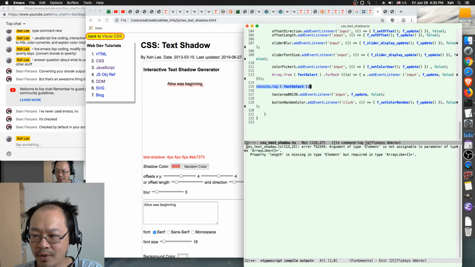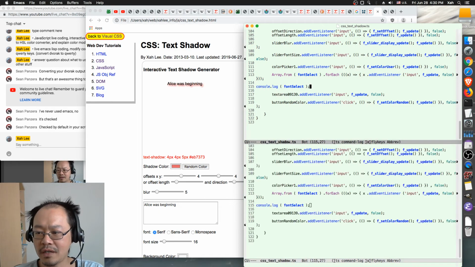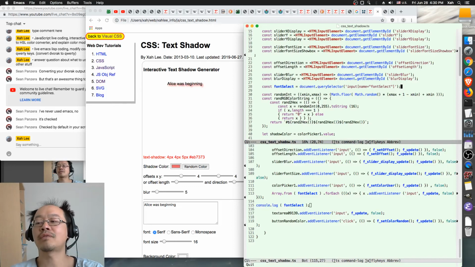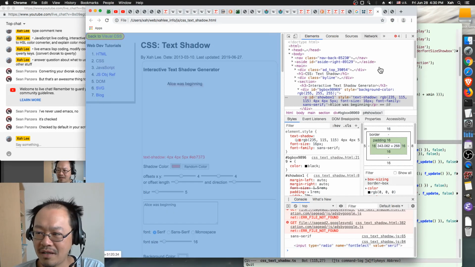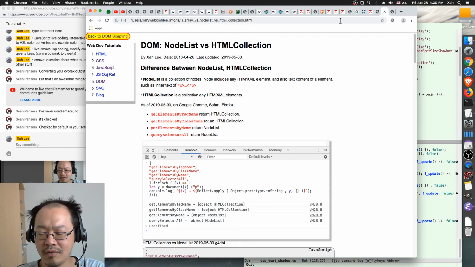You see, we are printing the font select here, and this font select is supposed to come from here, and this is supposed to be, oh, query select. Got it. I know why, because the HTML selection,